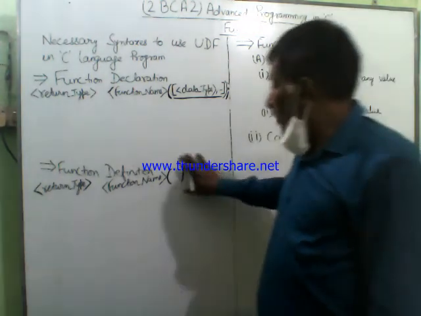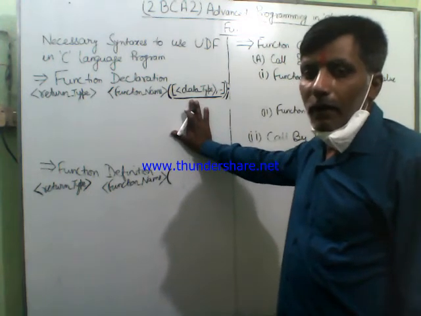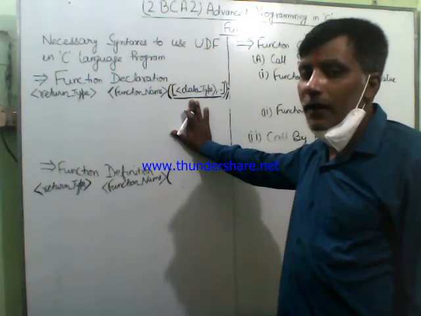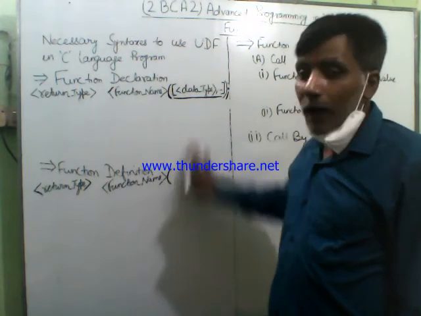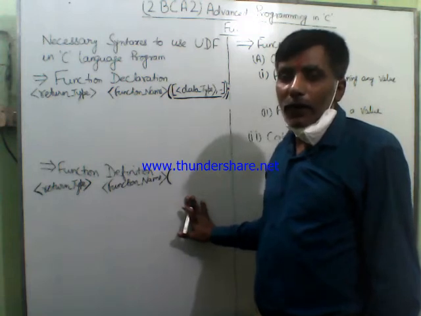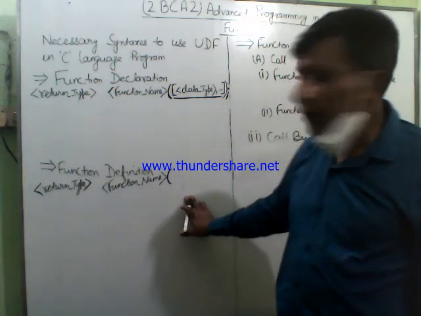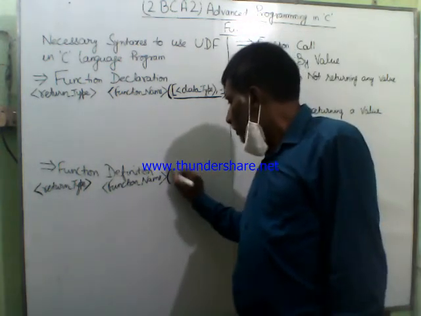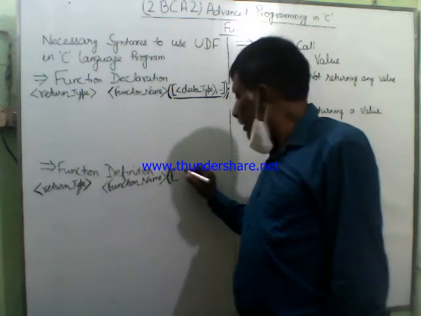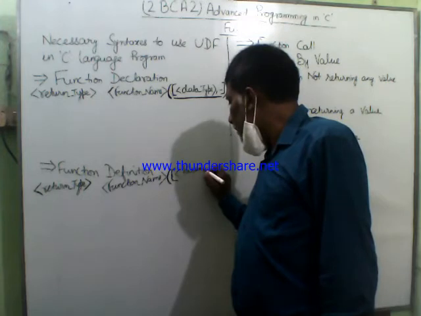Okay? But if you have written any number of data types while using the syntax of function declaration, then you have to declare the same number of parameters here while performing the function definition for a user-defined function that you are going to use in the C language program. Hence, I am going to write here in the syntax within the big bracket open and close, parameters.